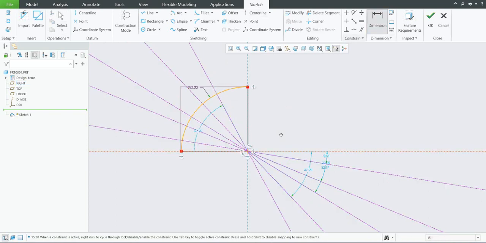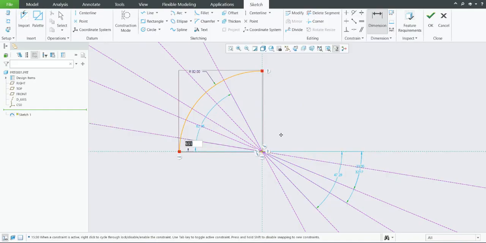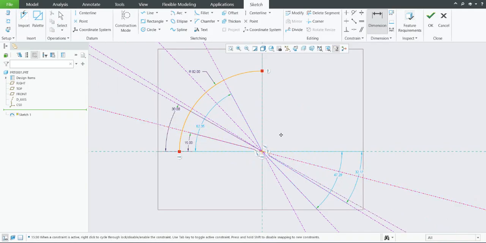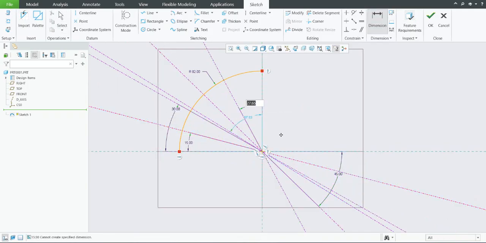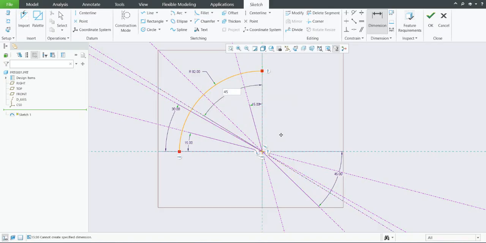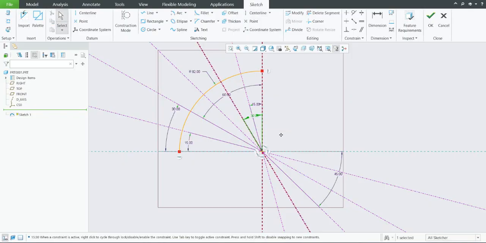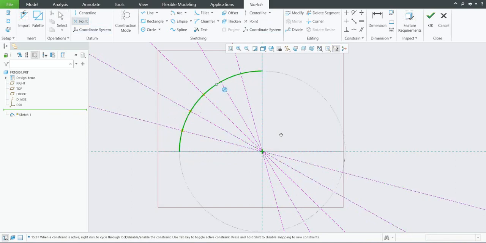And I would like to create new dimensions. So we will create a 15, 30, and let's have a look here, and this will be 30. It's a little bit complicated shape. This is the reason that I will create a base shape and then a couple of center lines, and at the end I will create a reference point. It will be best that we do it like this, and this reference point I will use later. So confirm OK,